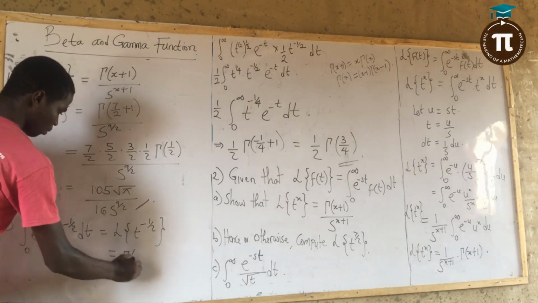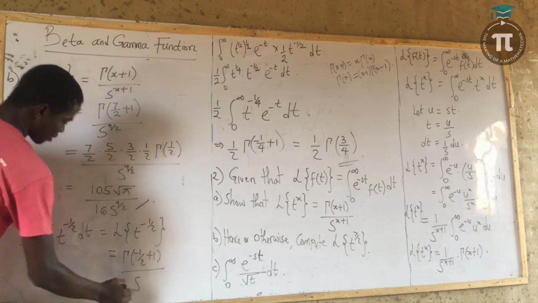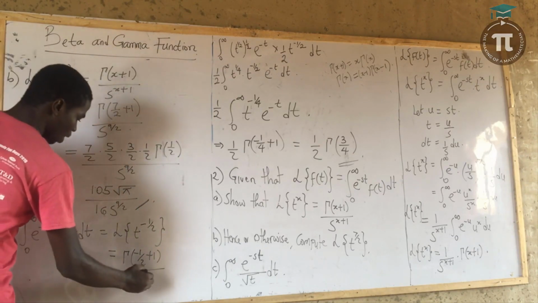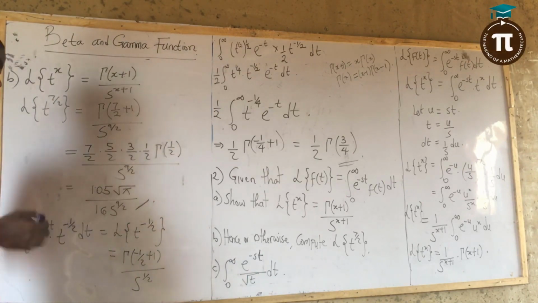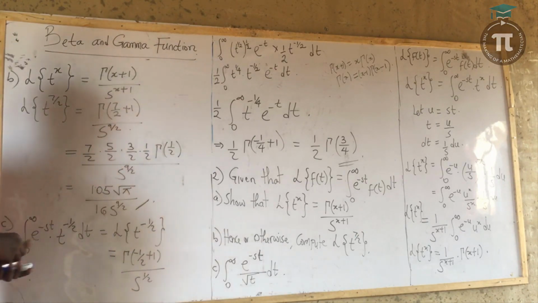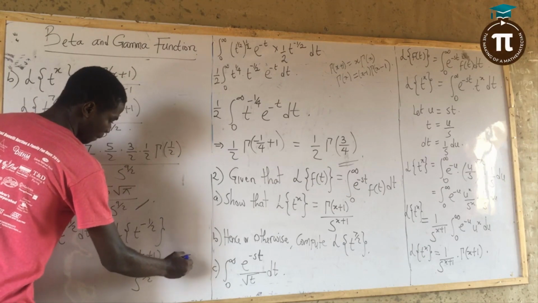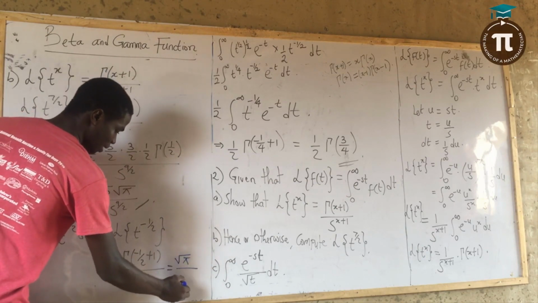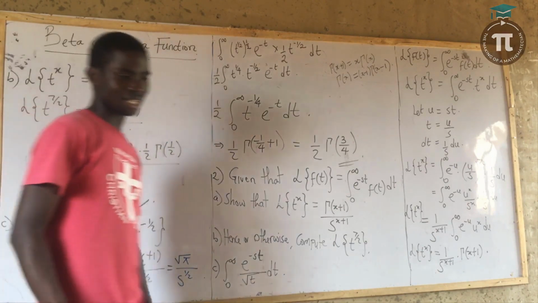And that means from the definition of gamma, this one will give me gamma of minus 1 over 2 plus 1 all over s raised to the power of 1 over 2, because minus 1 over 2 plus 1 will give me 1 over 2. And what is gamma of 1 over 2? Gamma of 1 over 2 is root pi all over s raised to the power of 1 over 2. Or if you put both of them inside the square root,